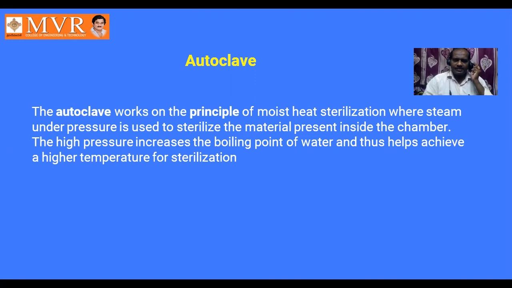What this means is, in this autoclave process, heat is used to sterilize the components or objects that have to be free from germs, bacteria and other elements. Here we are going to use heat with the help of water. We are going to generate the steam, and the steam is used for removing the bacteria or viruses.